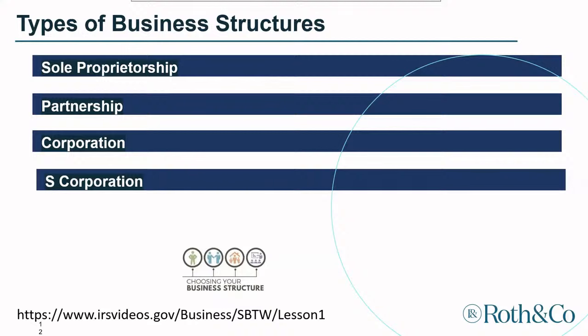The corporation is taxed by itself. It's not a pass-through entity. They are taxed normally at 21%. You pay the taxes. For the S corporation,